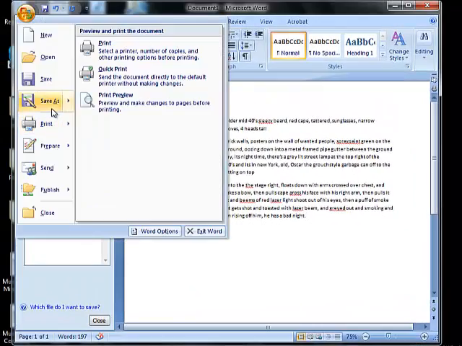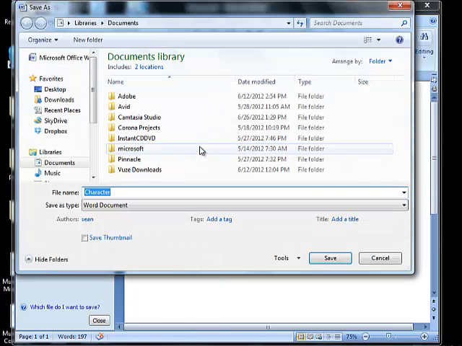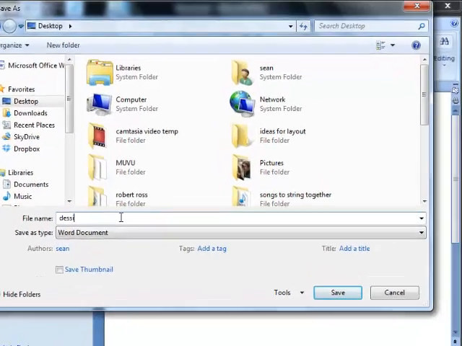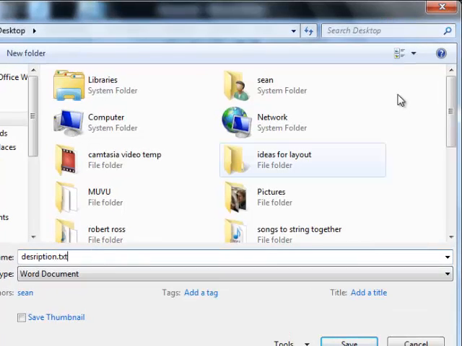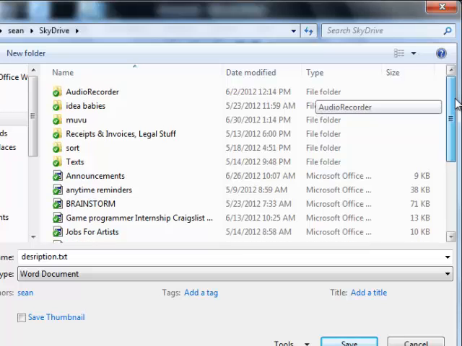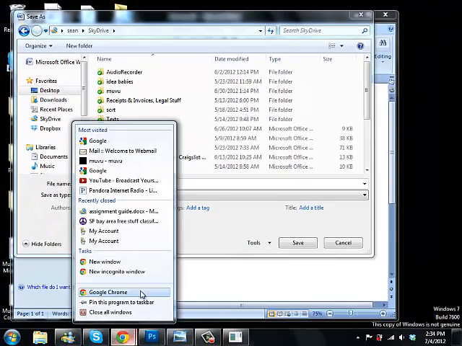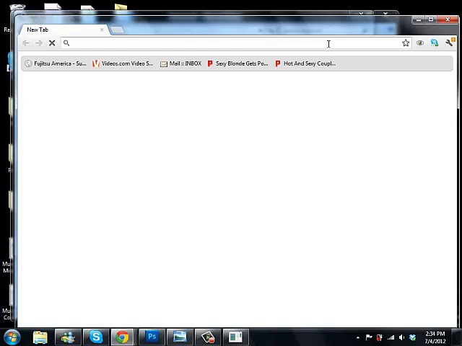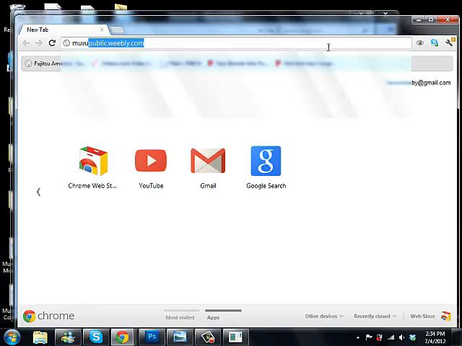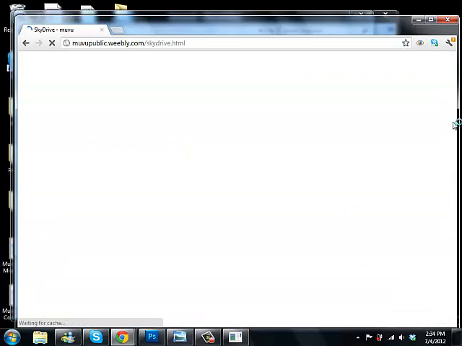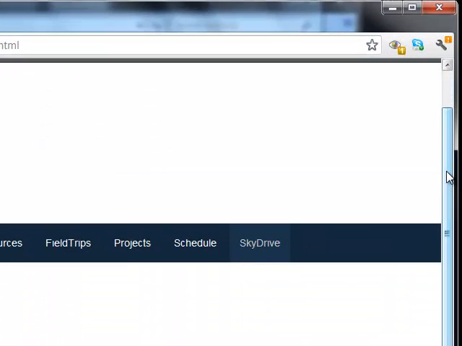When you're done, just save it as description.txt and just save it in your SkyDrive. Now, I don't have access to the SkyDrive right now, but what you want to do is go to this site, muvupublic.weebly.com, and on muvupublic.weebly.com go to SkyDrive and just follow these instructions. Make a SkyDrive